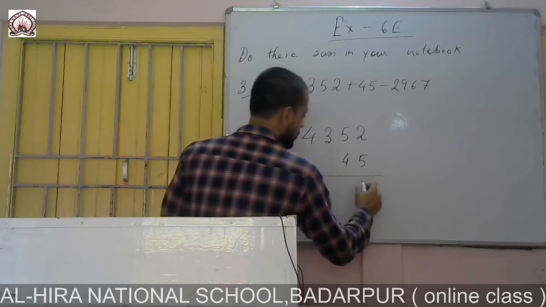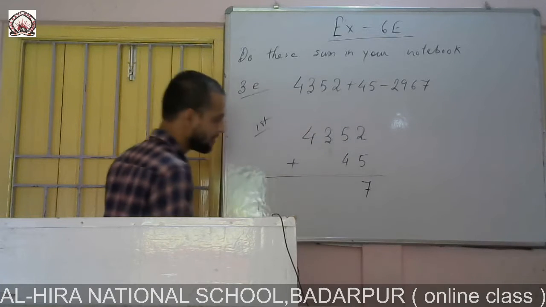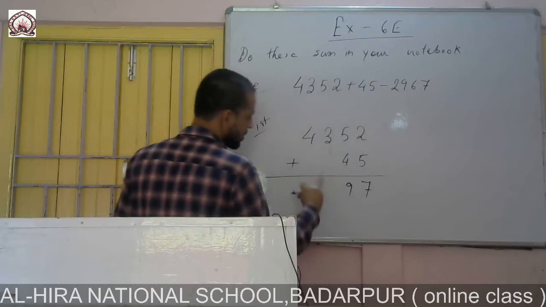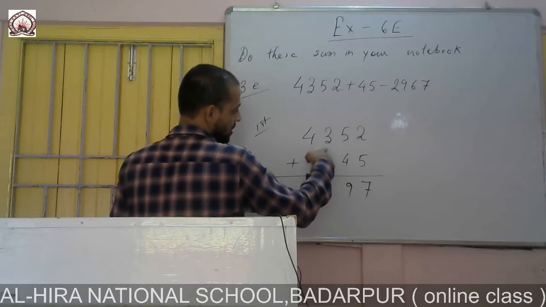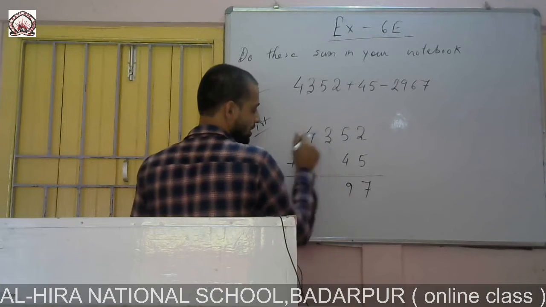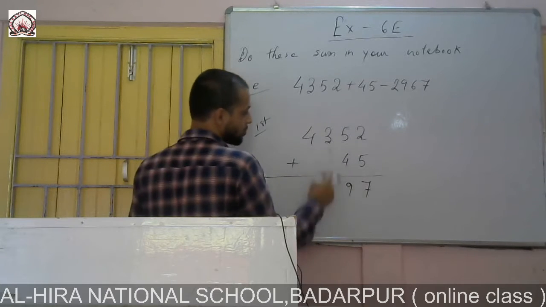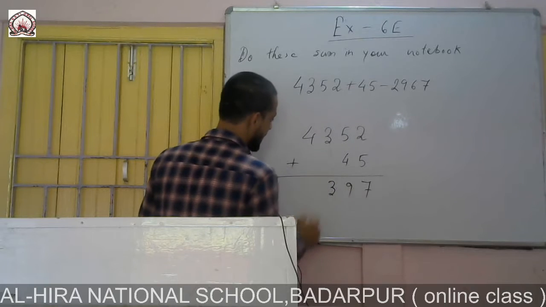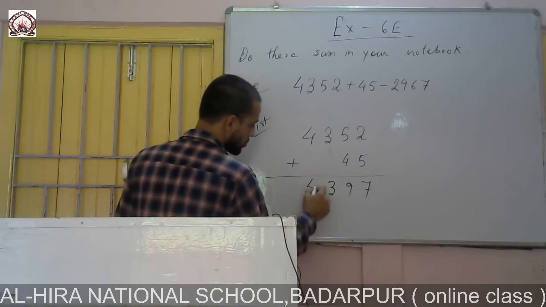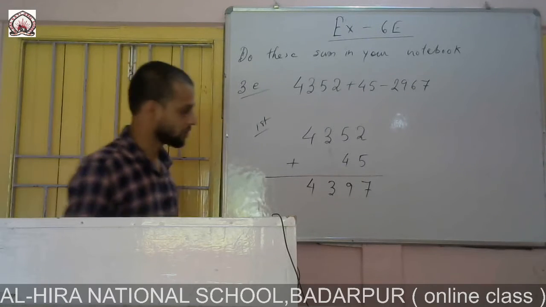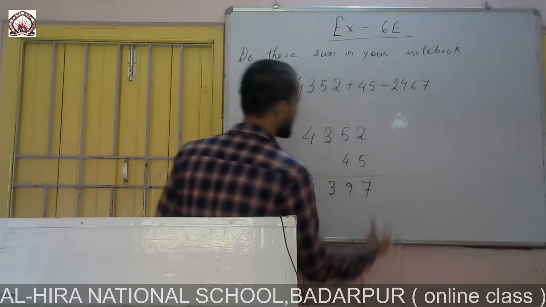So 5 plus 2 equals to what? 7. Again 5 plus 4 equals to what? 9. Next, in the 100's place you can see there is no other digit than 3. Only one digit is there, that is 3. So easily we can write here 3, and then again here only one digit, that is 4. So here we will get 4397. So from this number we have to subtract